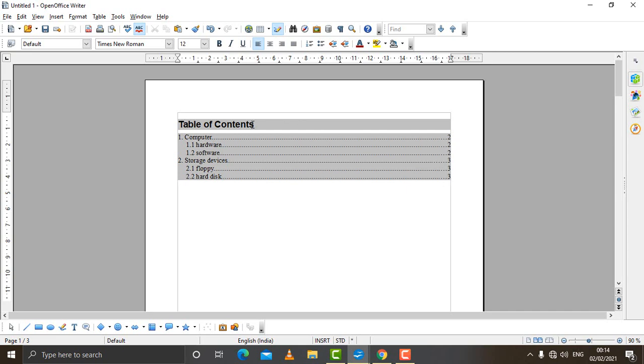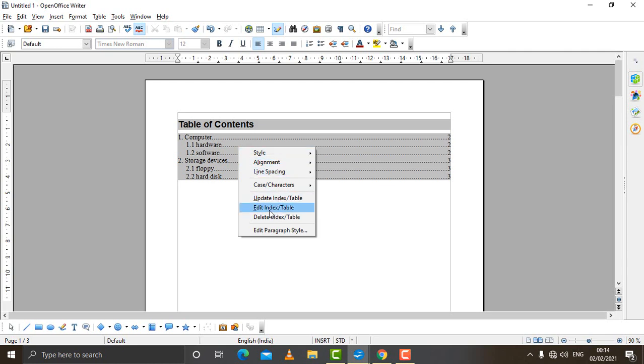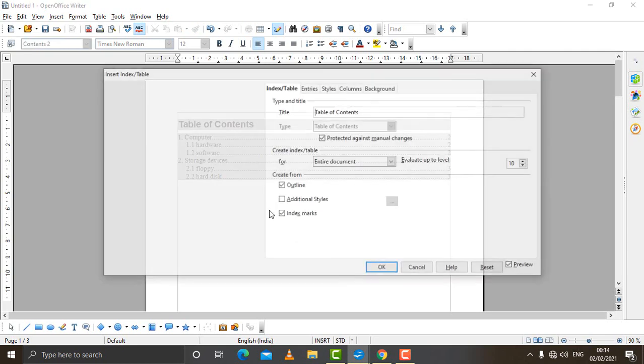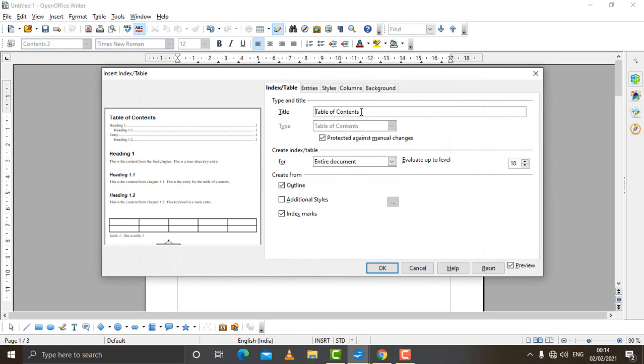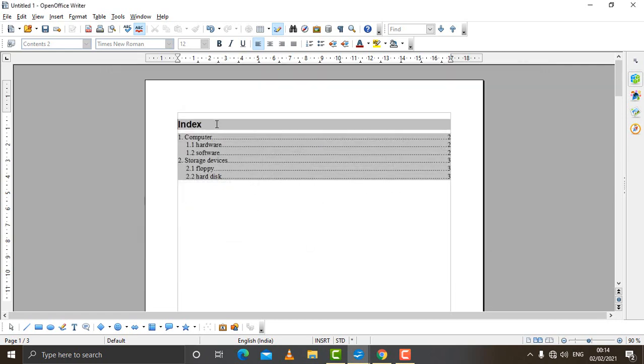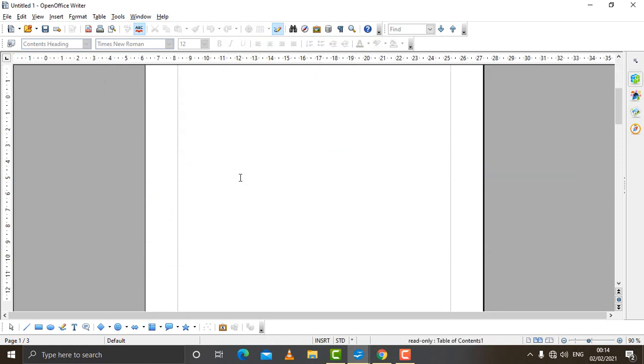And here is the heading table of content. If you want to change the heading, right click here, click on edit index and table, and then table of content is here. You can write anything. Say for example you can write index. Whichever heading you want you can give and click on OK. So this is the heading which is coming here, and when you are done,